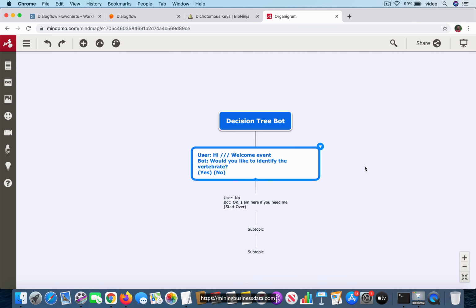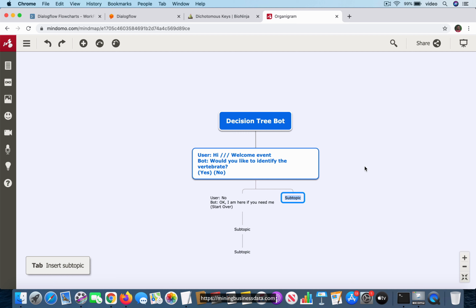And the other thing is that, notice that if I press the tab key, it already inserts this other node as a branch under this tree, and also it automatically formatted. When I say it, I mean Mindomo software, it automatically formatted it into a tree-like structure. Now you might be thinking, well, of course that's exactly what all mind mapping software does, and I agree with that. The thing is that this is why you need a mind mapping software for creating these kinds of flowcharts,